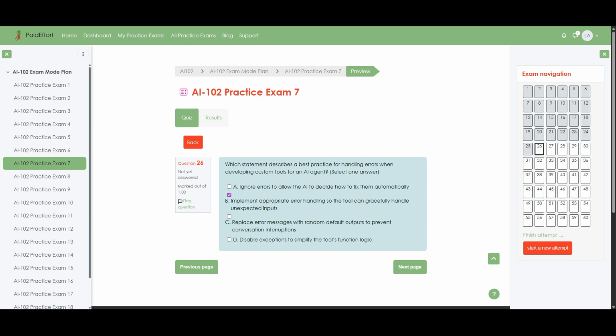Implement appropriate error handling so the tool can gracefully handle unexpected inputs. Let's connect that to reliability in real tool execution. When a custom tool validates inputs and handles exceptions cleanly, it can return structured, usable error responses instead of crashing, which helps the agent recover and continue the workflow intelligently. As a result, the agent can prompt for corrected parameters, retry safely, or choose an alternative path without breaking the